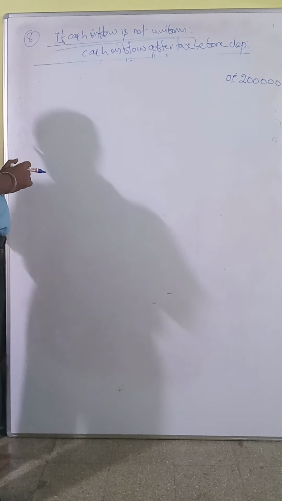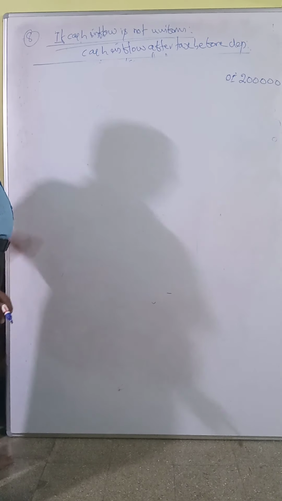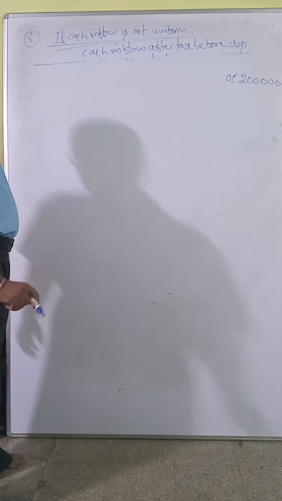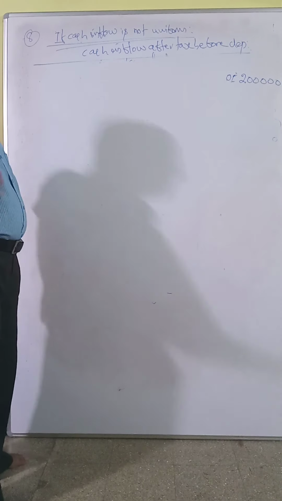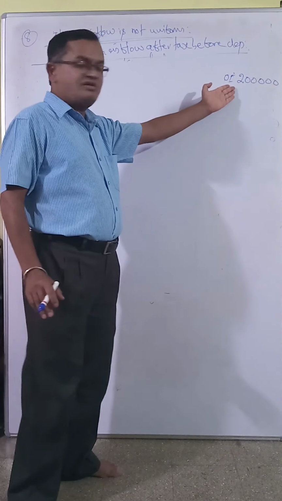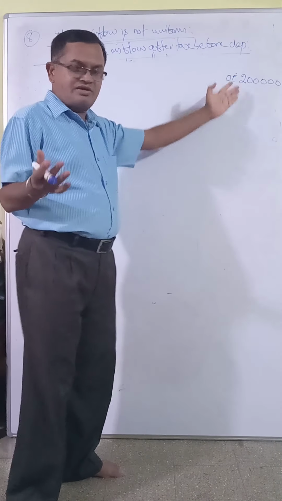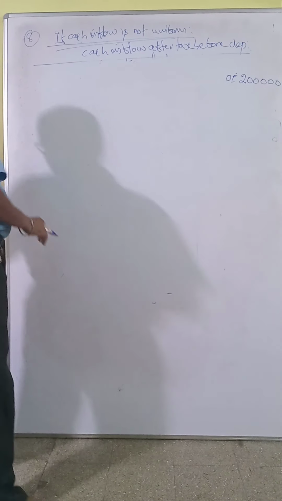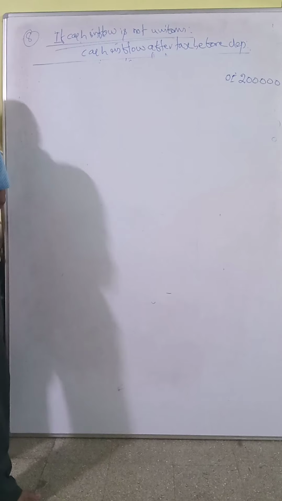So the first year is given as 1 lakh, 80,000, 40,000 in the cash flow. You see in the question, depreciation may be taken at 20% on original cost method. Original cost is 2 lakh into 20 divided by 100, that is 40,000 depreciation. I'll show you later. So calculate the payback period.